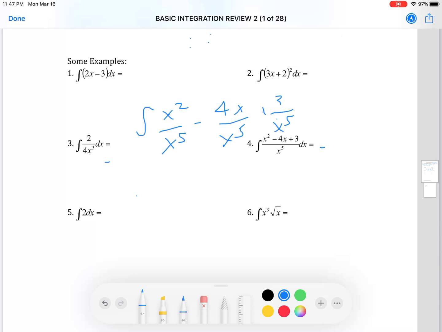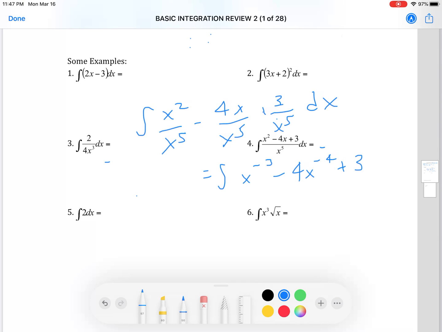And remember, when you have this type of scenario, you are going to be subtracting your exponents. So I'm going to write this in that nice power rule friendly type of fashion. So x squared over x to the 5th is 2 minus 5 for the exponent. That's x to the negative 3rd. Minus 4 x to the negative 4